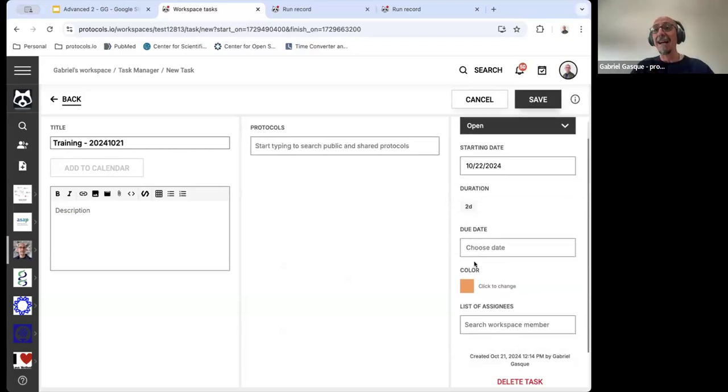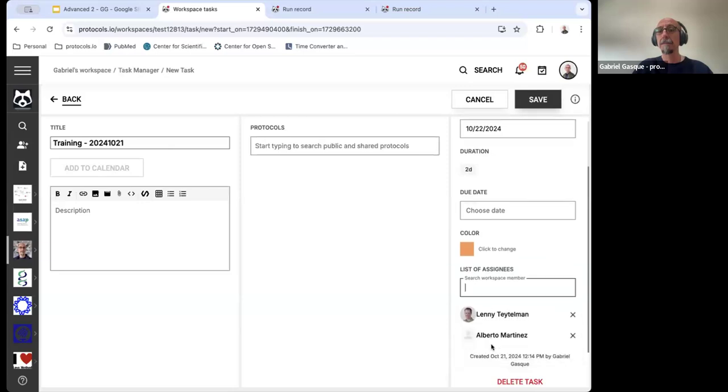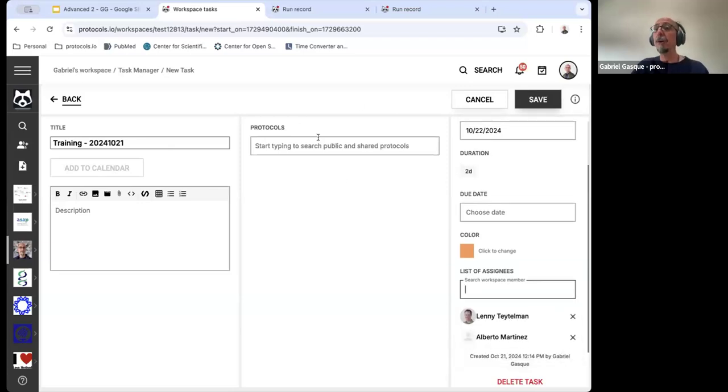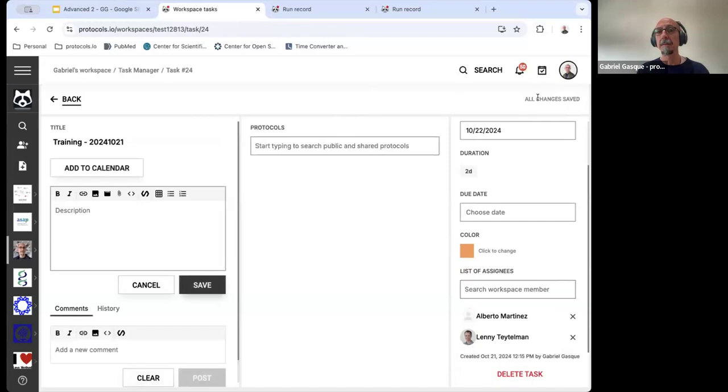And I can start assigning colleagues to this task. So I can invite my colleague Lenny to join this task, as well as my colleague Alberto. I can also add protocols to the task, but I will show that in a little bit, not right now. I can save the task. And now if I go back,